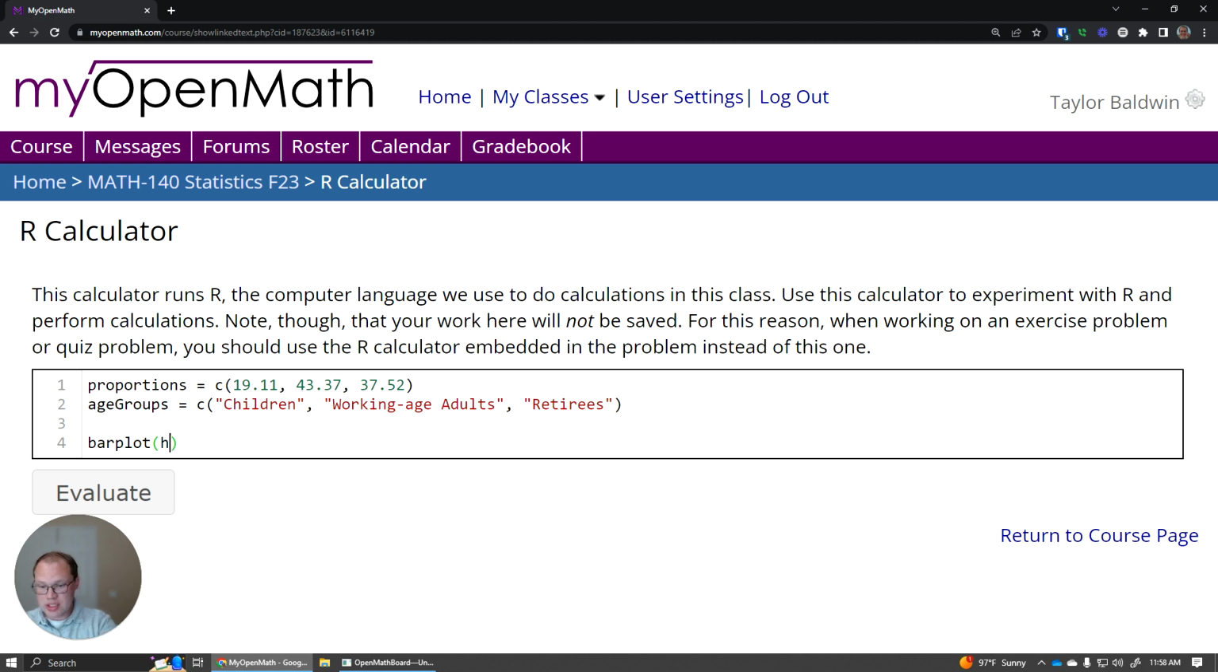So I'm first going to tell it the height of the bars, and I've stored that in proportions. That's what I've named my heights. That's the variable name, proportions. So the computer is saying, okay, what are the heights of the bars? Oh, that's this list, which I've called proportions. Okay, comma,